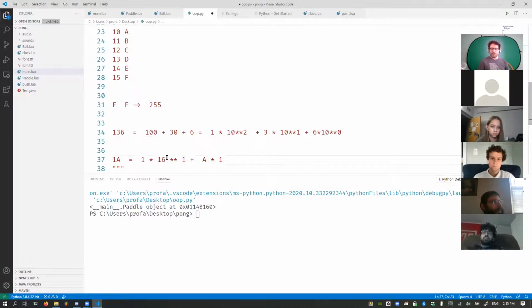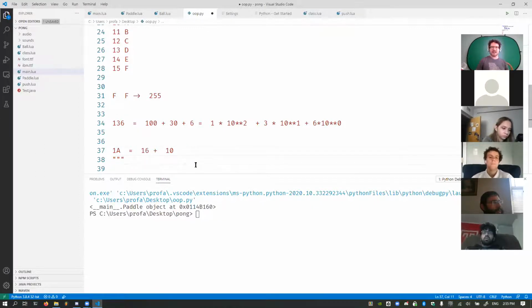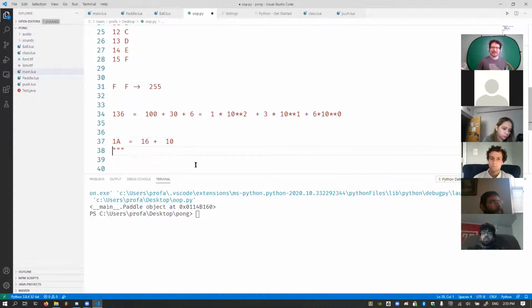Now what is A? A is 10. So 10 times 1, really easy math there. And then 1 times 16, because 16 to the first power is 16. So it's 16 plus 10, or 26. So 1A is 26.